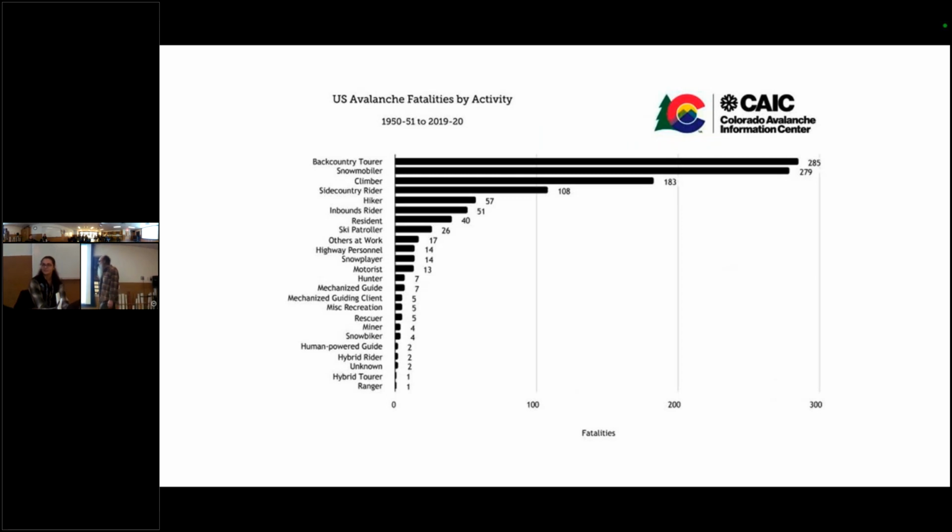By activity, we got backcountry tour, snow machiners, climbers. They get exposed to avalanches a lot, and a lot of times they don't even know they're exposed. They tend not to be carrying shovels and beacons or rescue gear either.